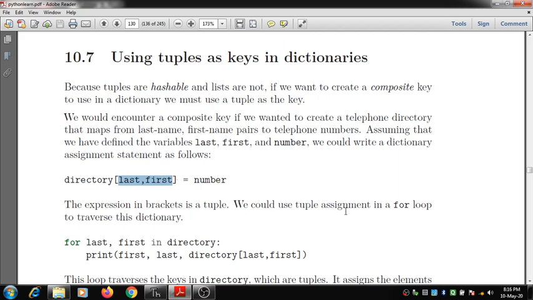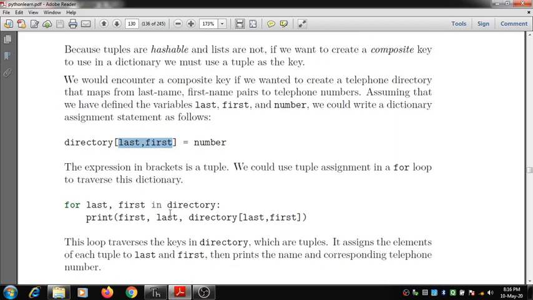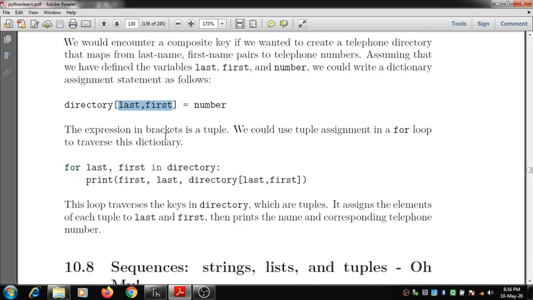We could use tuple assignment in a for loop to traverse this dictionary. So what will happen here? For last, first in dictionary, we assign a value to those particular variable names. Then we print first, last, and dictionary with last, first in brackets, which is a tuple.